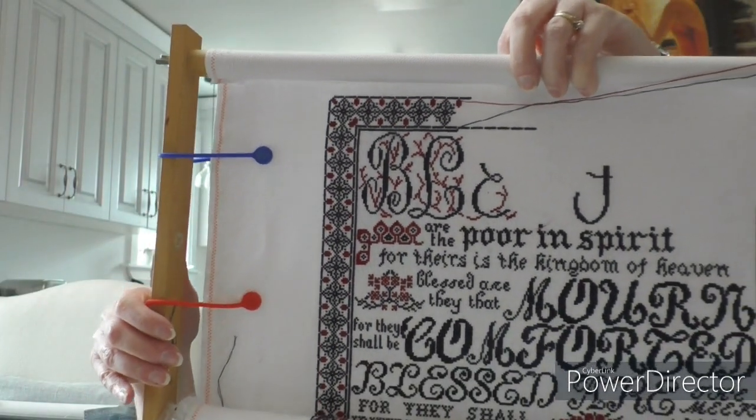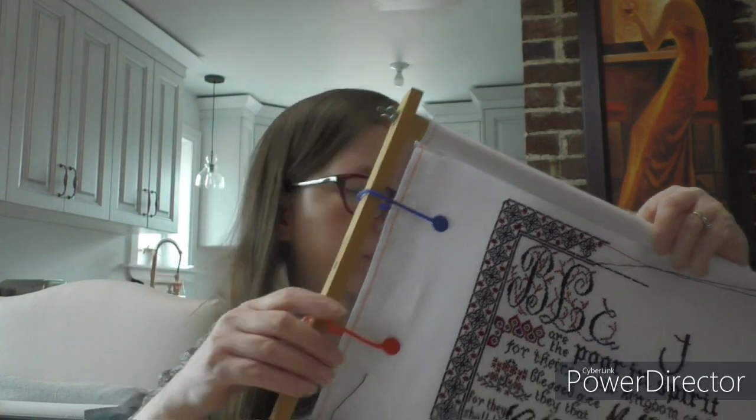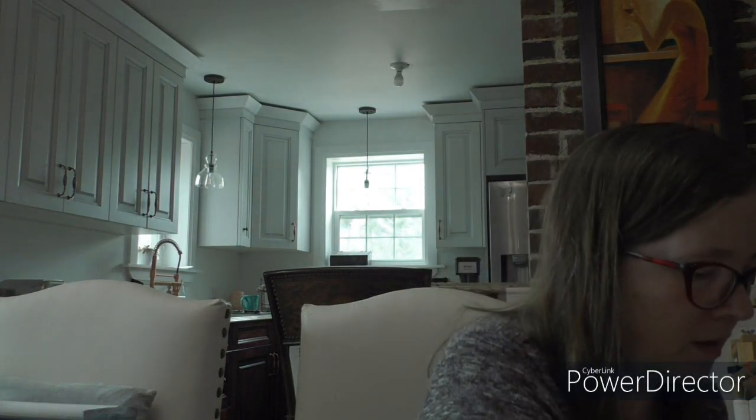After my last video, the next day, we were going into town. We hit Walmart, and I decided to grab a bunch of DMC thread. So I grabbed, I think, 4 different colors. I got 816, 815, 304, and another color,